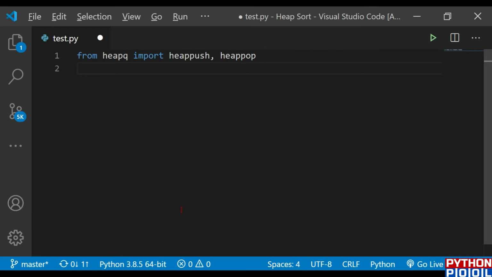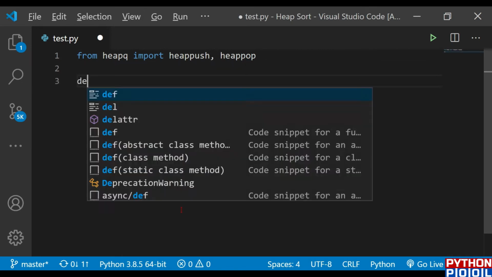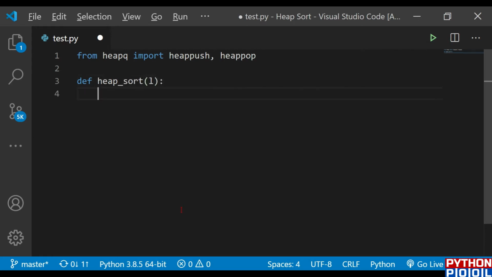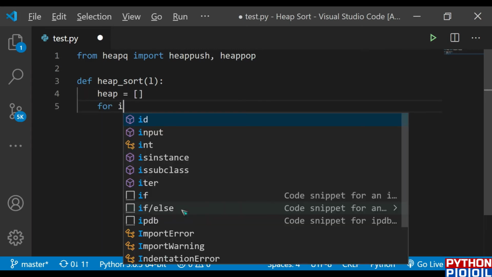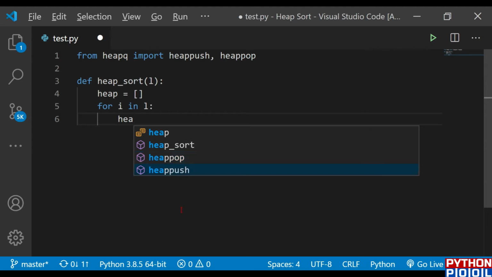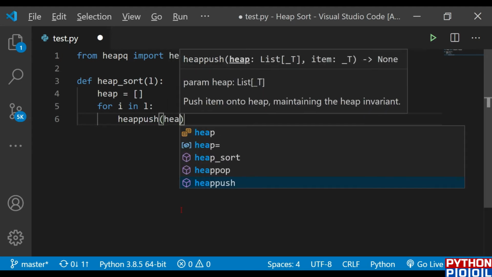Once we are done with importing, I need to define a function, name it as heap_sort itself, and I need to take a list as usual. Now I need to define a heap that is empty initially, and for every item in our list, it should be converted into the heap. We'll be calling this heappush function, and it would append the element to the heap, and append what?